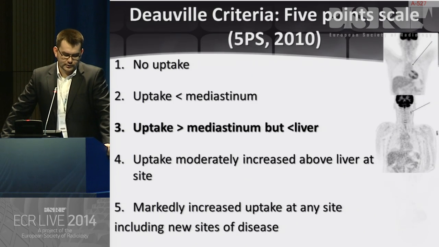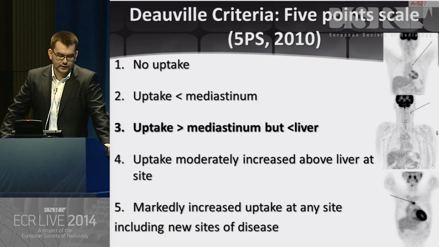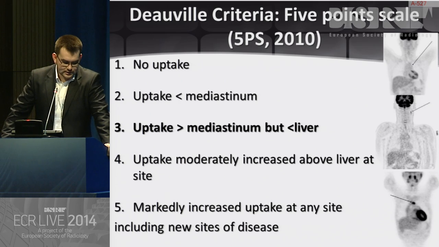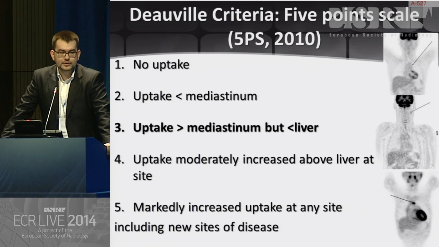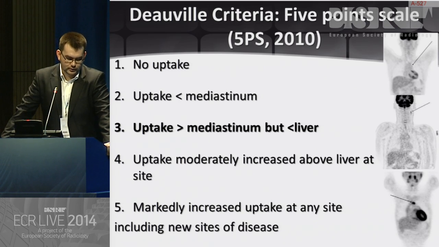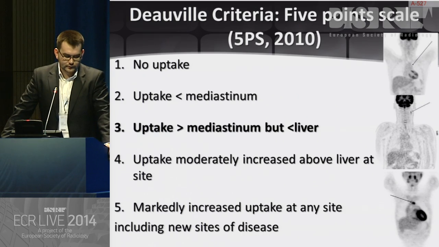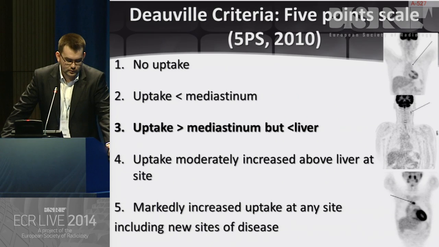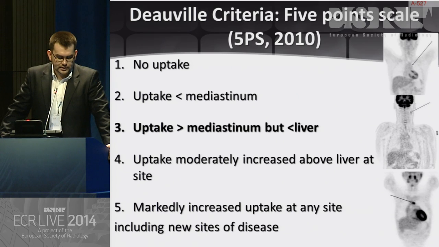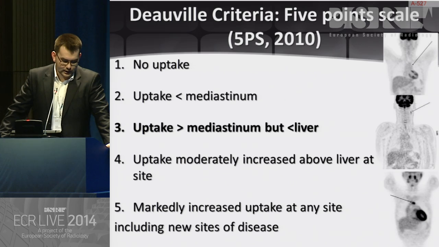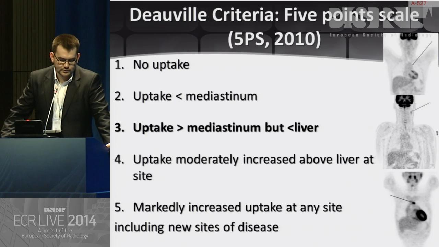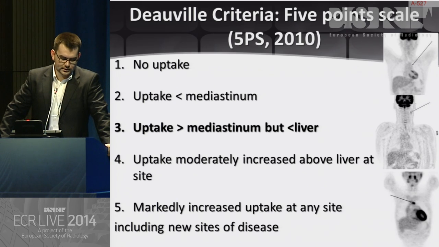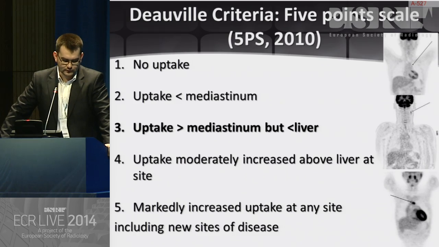For assessment of early interim PET, the 5-point scale or Deauville criteria was developed. The third point is the borderline between negative and positive FDG uptake, but boundaries between these points are too blurred. As Regina Kluge from Leipzig reported in her recent speech, a semi-automatic method for estimating interim PET is under development at the last stage. But meanwhile, with regard to this problem, MRI, especially diffusion-weighted imaging, can help in restaging of disease